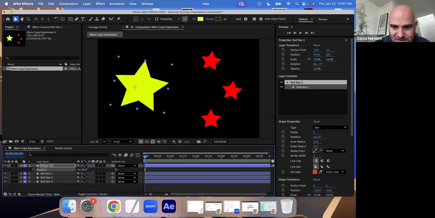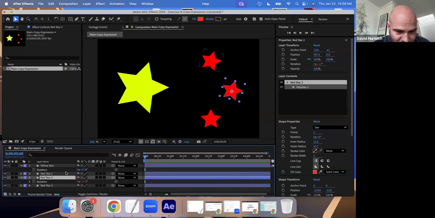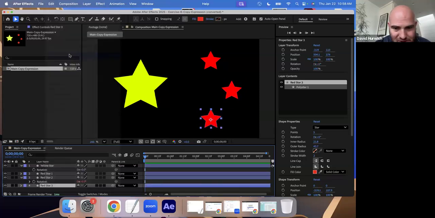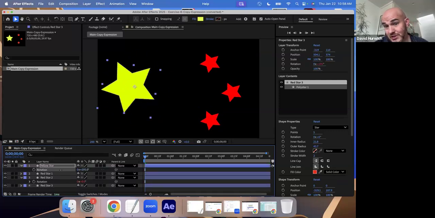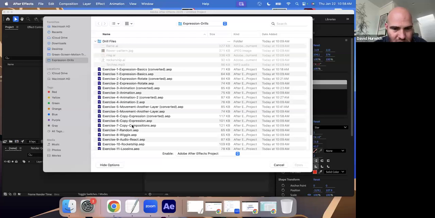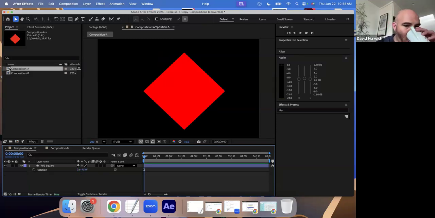And that should have set the expression, and it did. You can see now when I move that, I move the other one. And then maybe I'll do it here. So you can see how this would be a nice, quick, easy way to copy an expression to multiple items really quickly. You can even copy expressions between